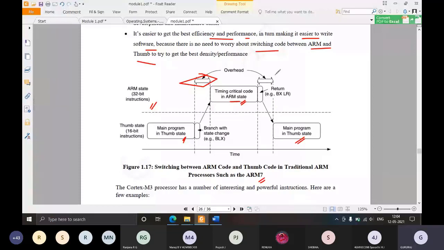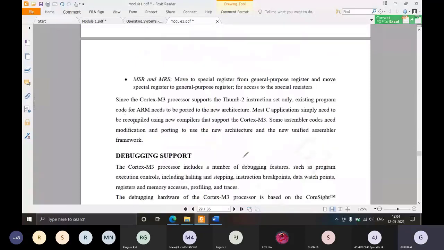Okay, so this is what is happening in ARM7 devices, that is, prior to Cortex M3. To avoid this, the designers came up with only one state, which is the Thumb state. This is about the instruction set. Since Cortex M3 supports only the Thumb-2 instruction set, existing program code for ARM needs to be ported to the new architecture. So it can be easily ported to other architectures,